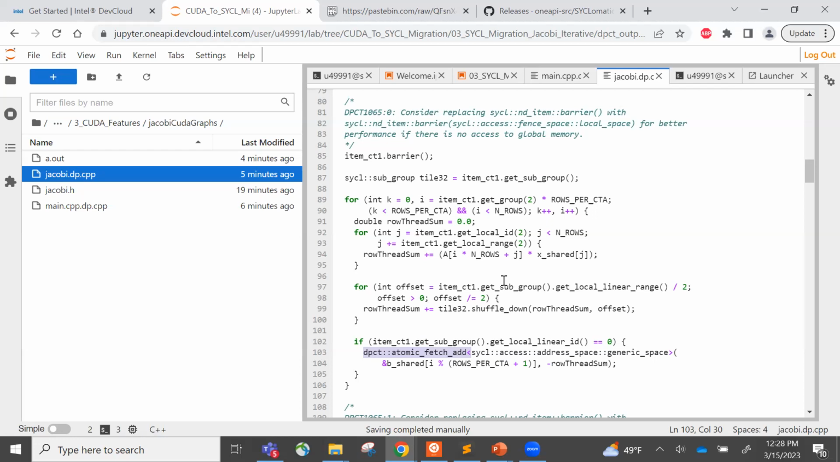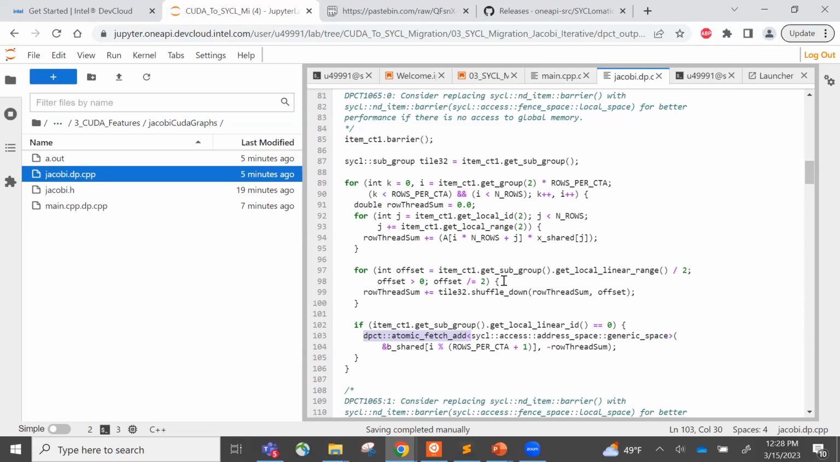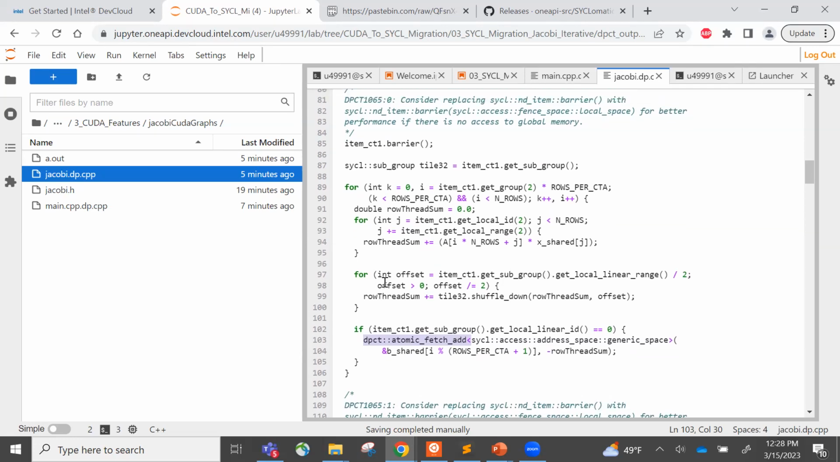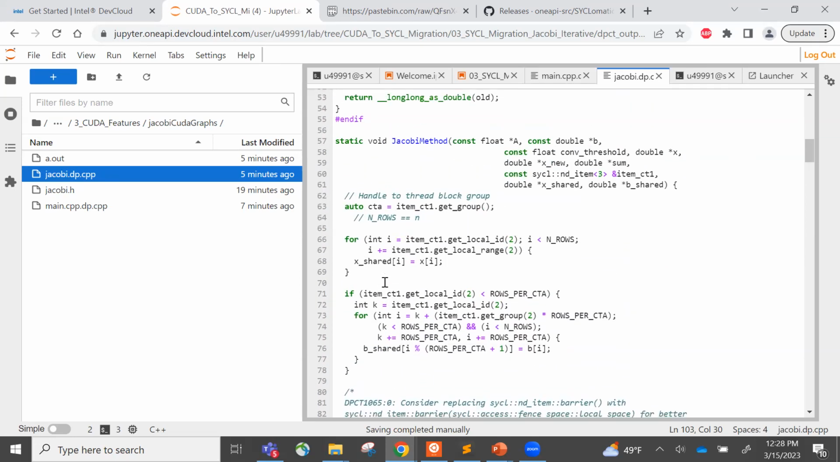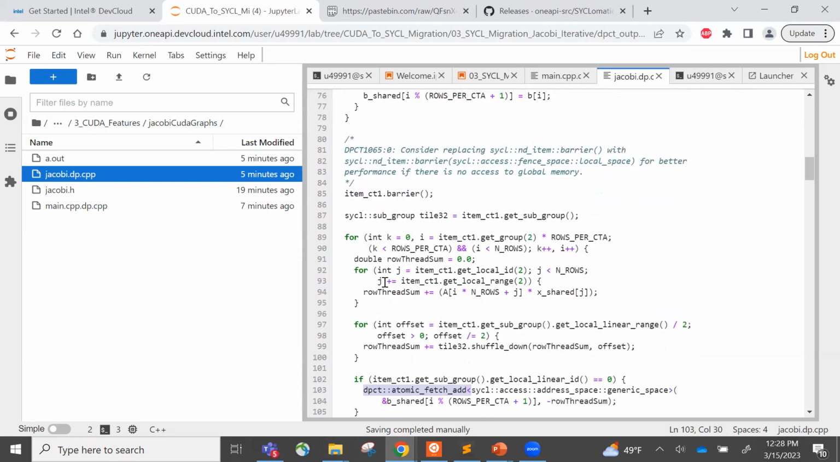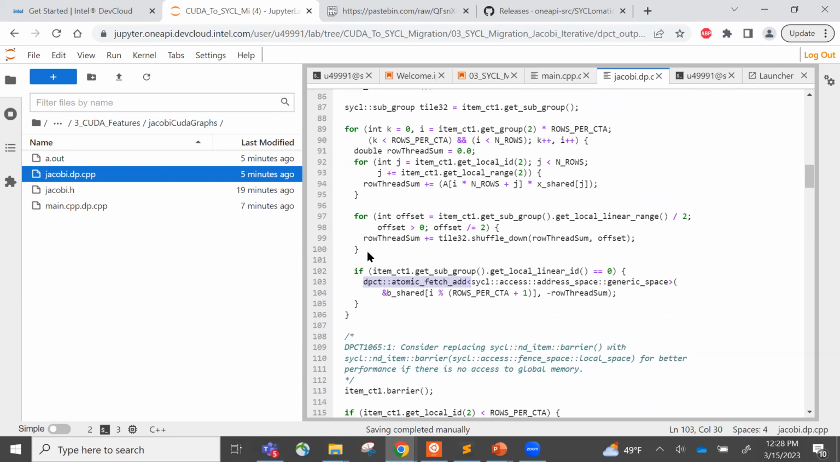Usually SYCLomatic will just assist you to migrate the code, but then you still have to check the code and do more optimizations, right? So after analyzing this code, there are various optimizations you can do. If you inspect the algorithm here, you can see what it's actually doing, if you look at this section of code,